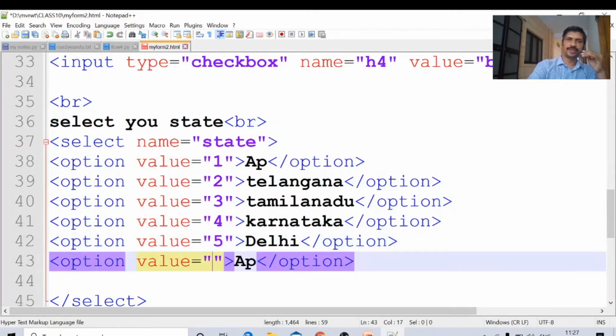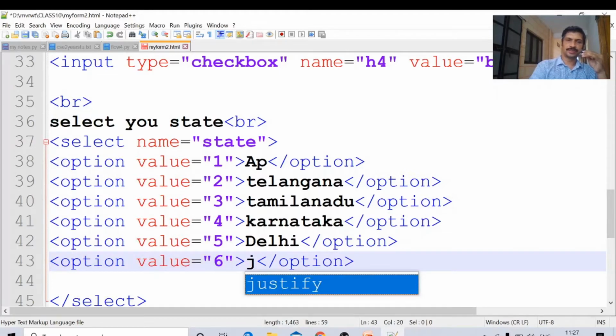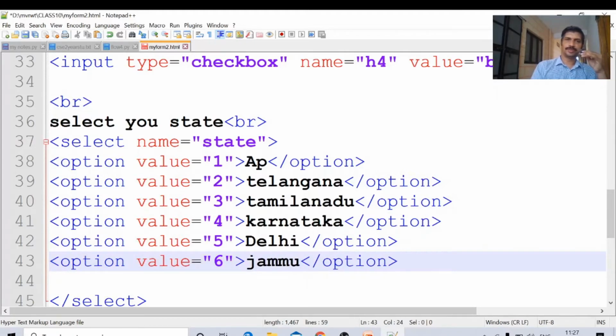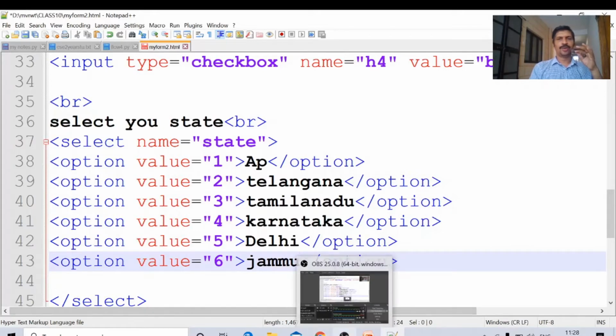Sixth one, Jammu and Kashmir. These are the states. For testing purposes only I have selected these. If you want more, we can insert more values here.